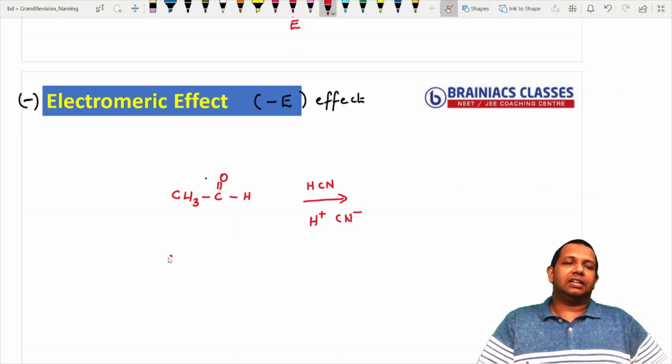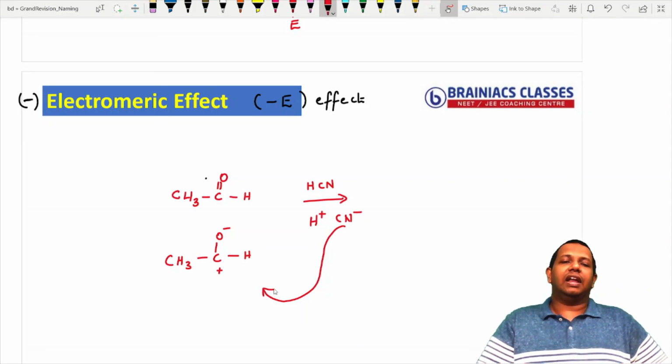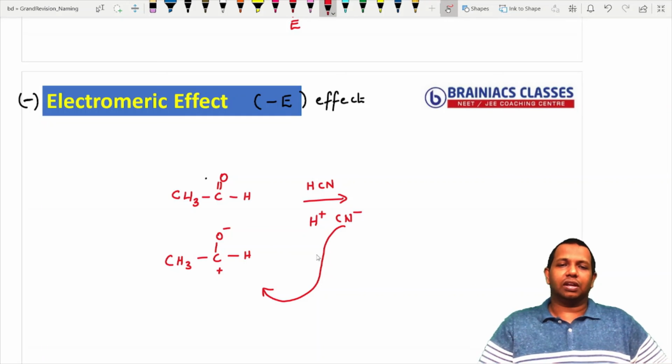And we know that here oxygen being more electronegative, so this will polarize like O minus and this will become plus charge when CN minus comes. And many will ask a doubt here, sir, why don't the H plus first come and attack O minus? It's not possible. Why? Because oxygen has already 2 lone pairs, and there is a pair of electrons here, so 2, 4, 6 and already a minus charge, so totally octet is complete. So that's why cyanide will come and attack here, because carbon has only 6 electrons present.